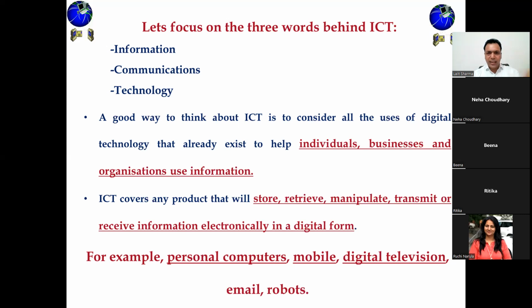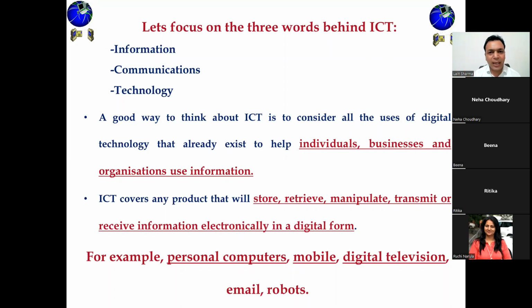Well, in a simple sense, after doing all the things, we have concluded ICT कि ICT जो क्या है, ICT covers any product, मतलब कोई भी product. Okay, and this is a question to you also guys. Think about it. ICT covers any product which has the capacity of, कोई भी प्रोडक्ट आपके पास है वो अगर कैपेसिटी रखता है किस चीज की, स्टोरिंग की, रिट्रीव का मतलब होता है दोबारा से डेटा को ले आना, स्टोर, रिट्रीव, मैनिपुलेट, ट्रांसमिट और रिसीव. ओके, अगर ये 5 फंक्शंस हो रहे हैं आपके पास, अगर कोई प्रोडक्ट है तो उस प्रोडक्ट को क्या कहेंगे,